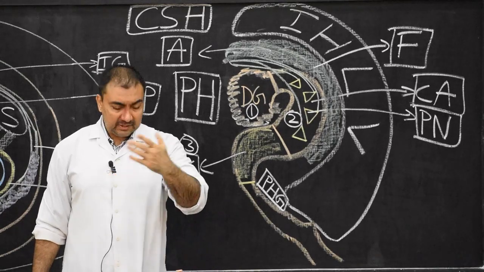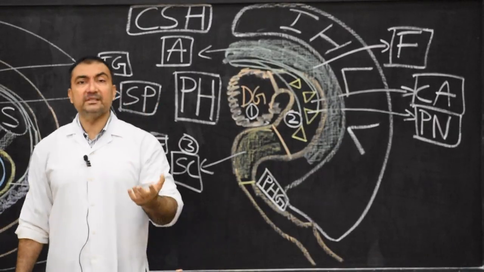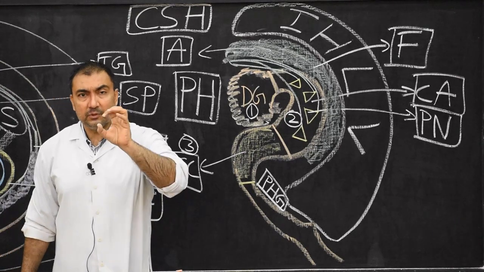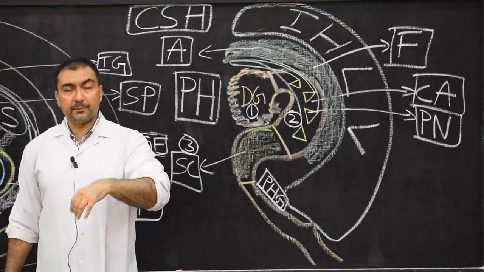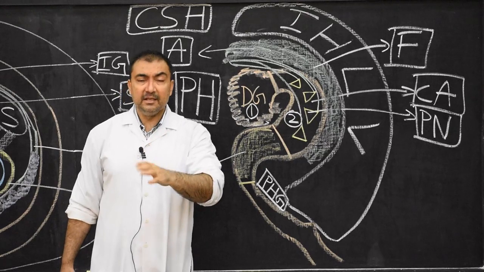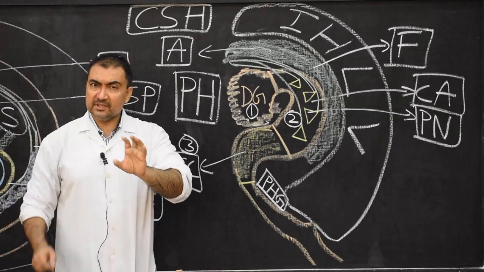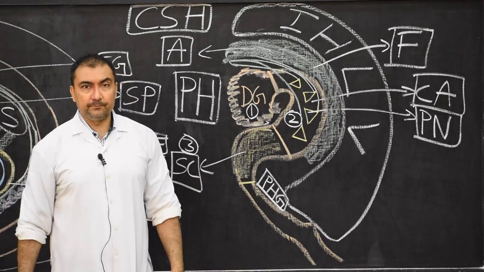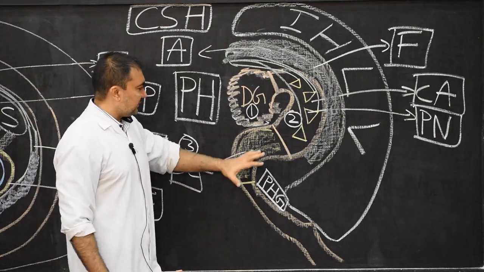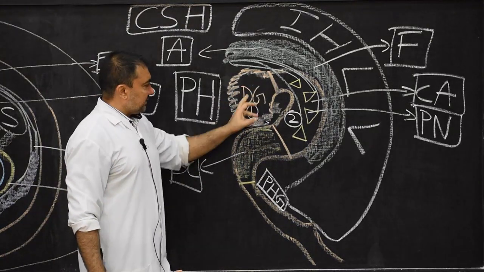A-M-M-O-N-S. Sometimes this is also asked as a 1 mark question answer. What is Ammon's horn? It is the anteriormost portion of the hippocampus, C-shaped, because it resembles an Egyptian deity. It is known as Ammon's horn. Just note down, 1 mark question answer. So therefore, now we are very much clear that this hippocampus is C-shaped.